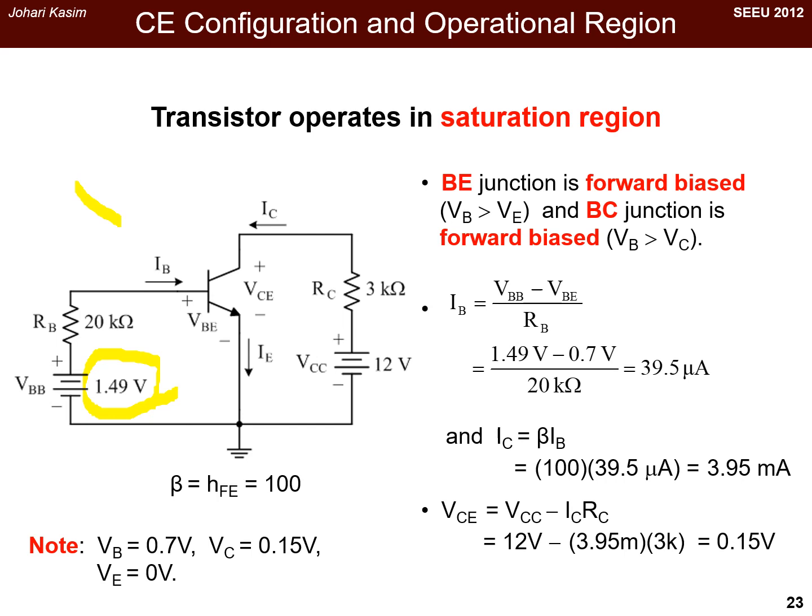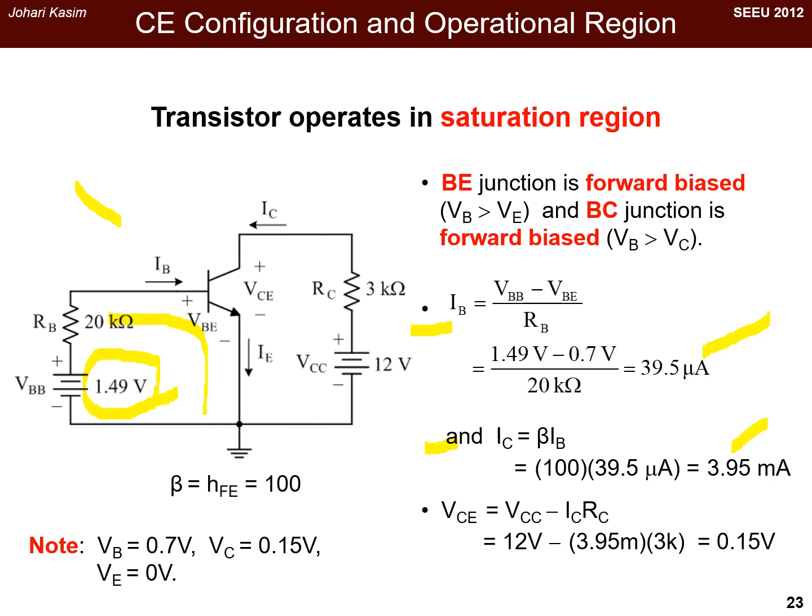So after we analyze the circuit using Kirchhoff voltage law, we can get VBB equal to IB RB plus VBE, and then after we simplify, we can get IB equal to (VBB minus VBE) divided by RB, so we can get IB is 39.5 microampere. IC is equal to beta IB, so we can get